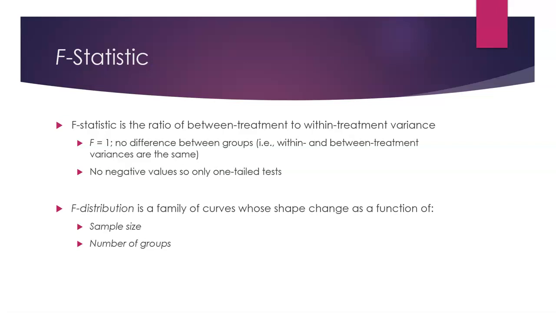And then we ended by talking about the fact that, like the t distribution, the F distribution is not a single curve, but rather a family of curves. And the shape of those curves changes as a result of the sample size, which is the same as the t-test, but it also varies as a function of the number of groups included in the test, right? So that's another way in which ANOVA helps us to reduce the risk of type 1 error. All right,